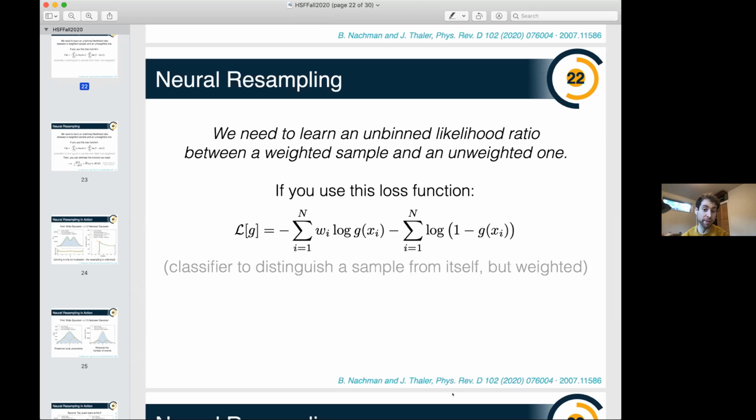If you use other metrics like the mean absolute error, you get the wrong answer. You could of course modify what you do with the function at the end to get the right answer again, but it becomes much more complicated. So here it's really very powerful that you use this loss function that is really tailored for this purpose. It happens to be the binary classifier loss function, but here you can think of it as just a tailored loss function to do exactly what you want it to do.